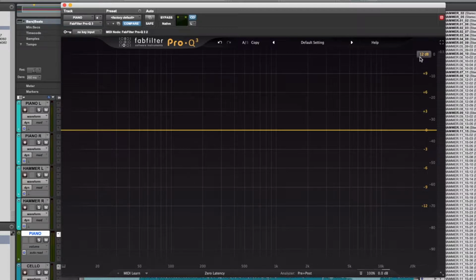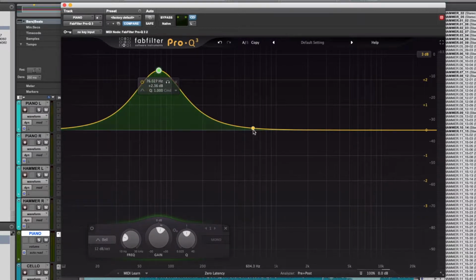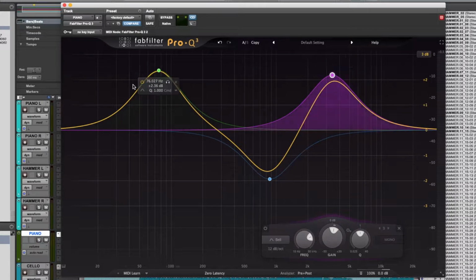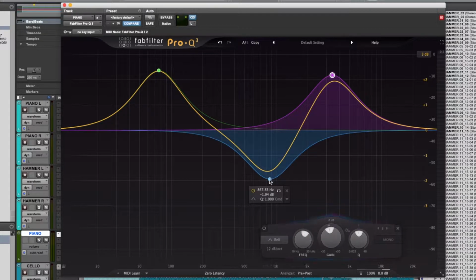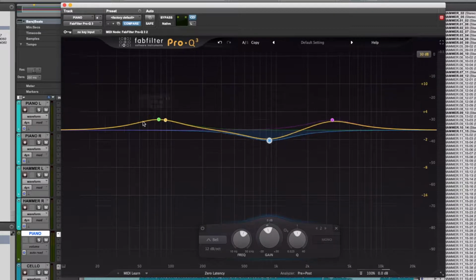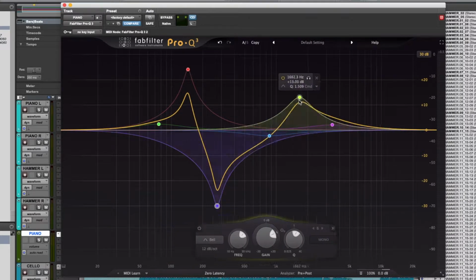Over to the side here, we've got buttons to quickly change the amplitude range of the plugin window. What that means is that you can set it to 3 dB, make what looks like really broad changes, but it's only 2 dB or 3 dB boosts or cuts. Then, if you want to make really broad changes, you can switch to 12 dB or even a massive 30 dB, make huge changes there, and so on.